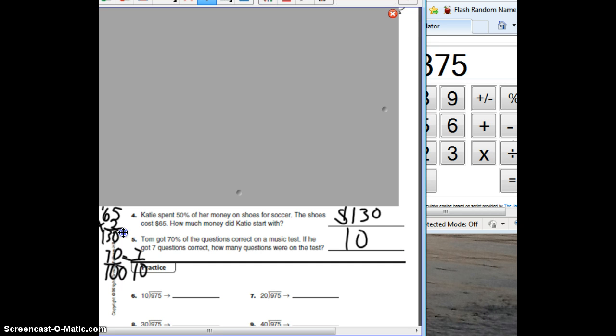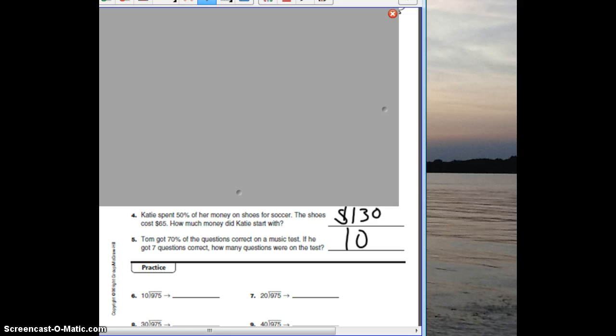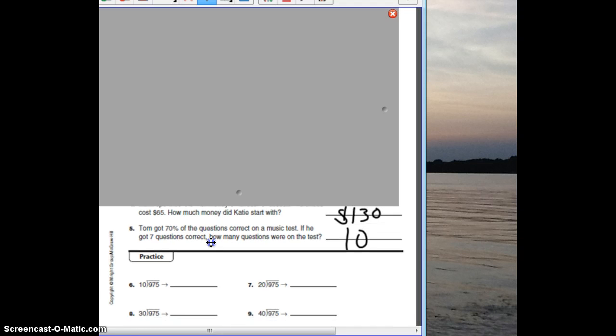Then at the bottom, that's just regular division practice. I know you said you're getting good, but we want to make sure you remember it. I'm just going to do a little side dividing here. I'm going to close out my calculator. I don't think I need it anymore. So down at the bottom here,